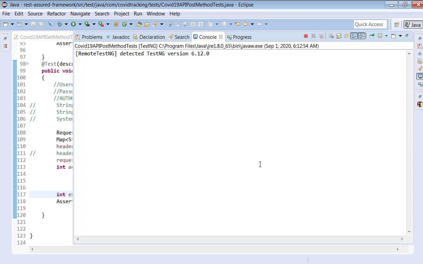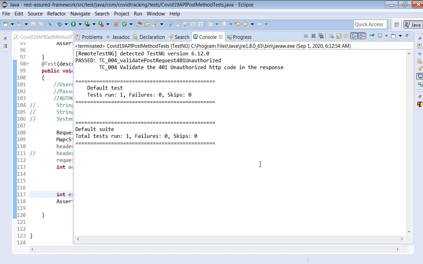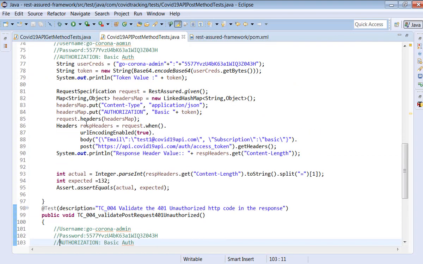We don't get the token now because we commented the code for token. Now we are going to get 401. You can see 401 unauthorized. It's validated. We got the test case to pass.